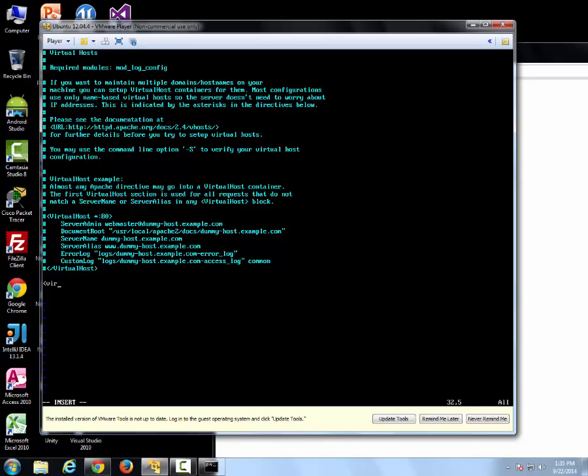So here I'm going to create a virtual host. The argument to virtual host *:80 is which IP we're listening to and which port. So star means we're listening to all IPs, and :80 means we're listening to port 80. Whenever we see a request come in from any IP on port 80, what this container will do